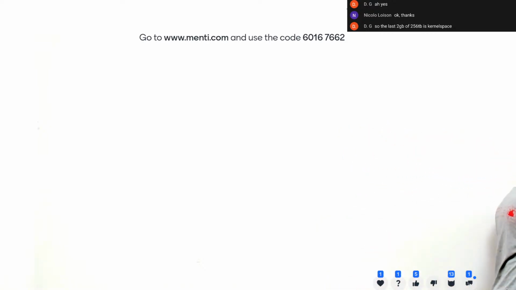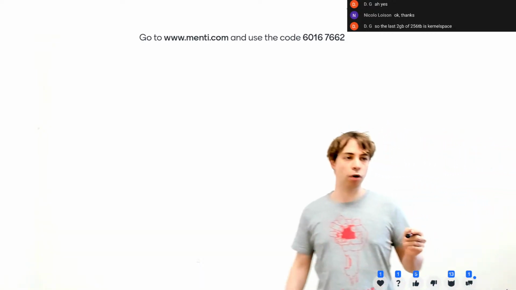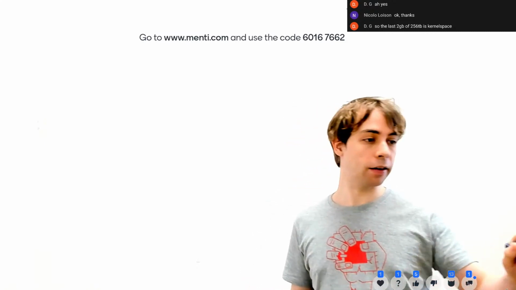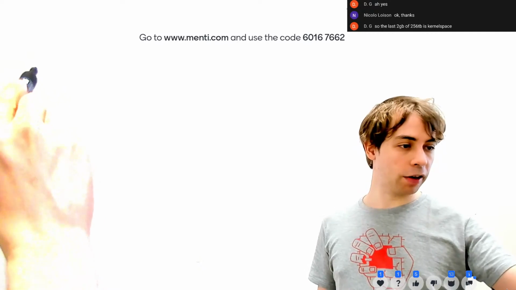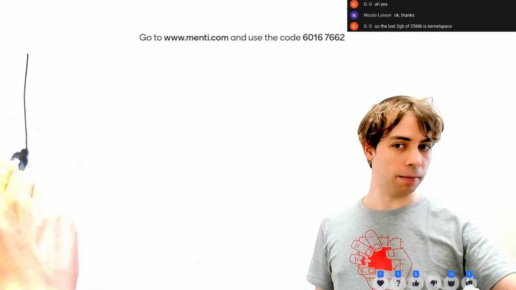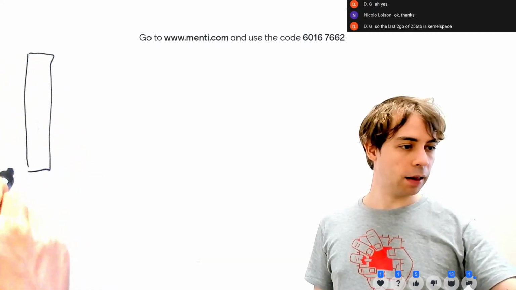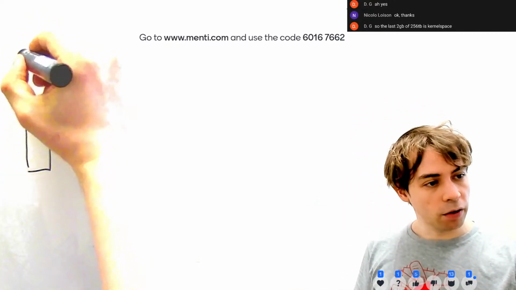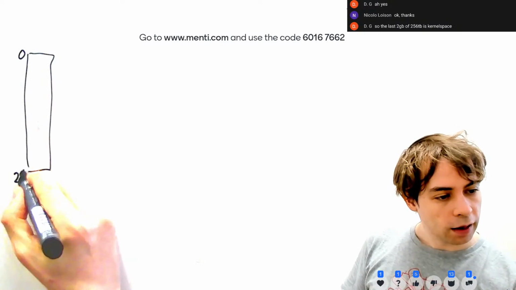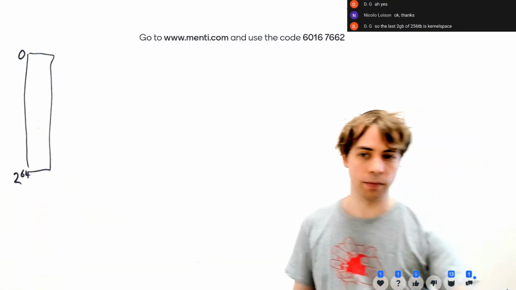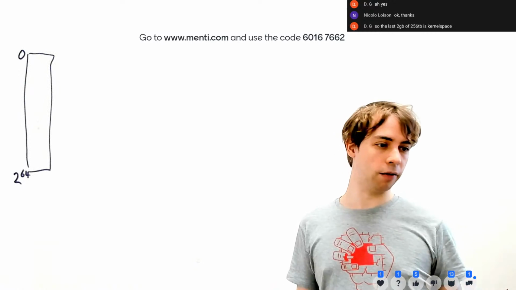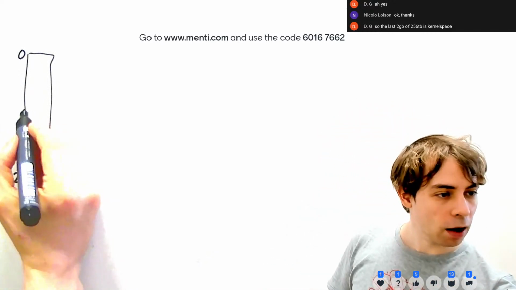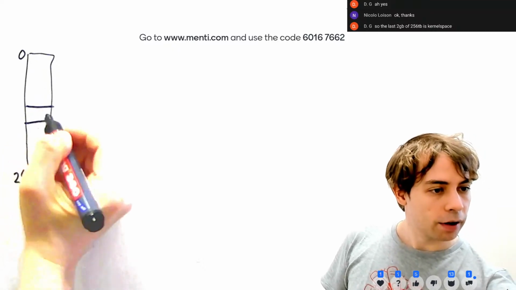So let's start again with the drawing here, and we do something that is similar to what we did yesterday. We start with our virtual address space. The virtual address space now is larger than yesterday because it goes from 0 to 2 to the 64. This is a lot, 2 to the 64. But actually, there's a large part in the middle that we cannot use. This part here,